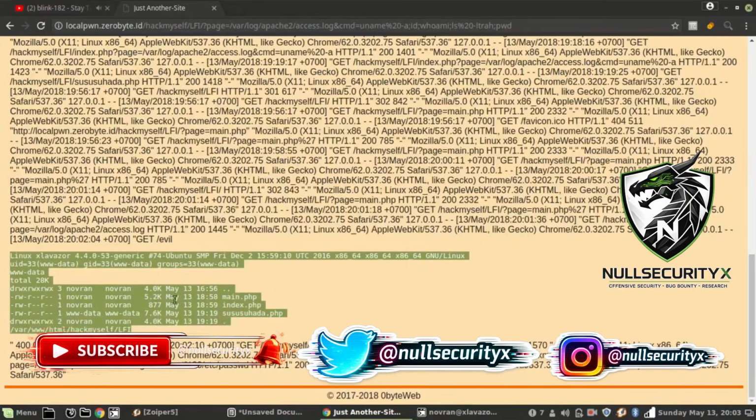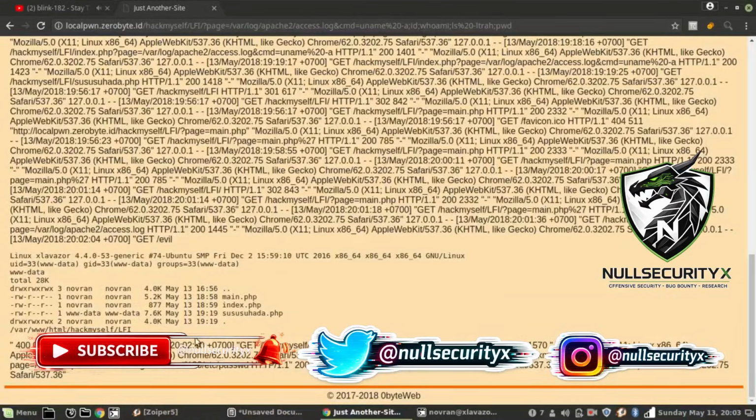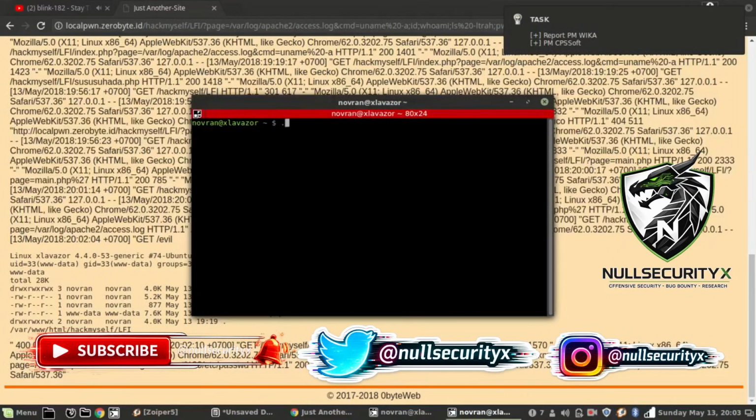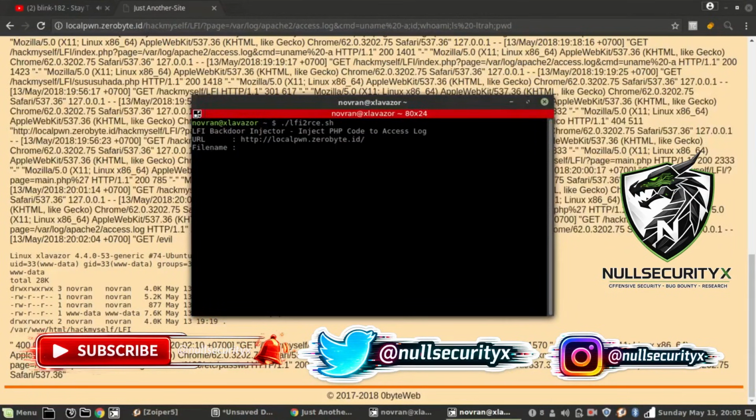Wanting a persistent shell, we fetch a PHP backdoor from Pastebin called b374k shell. Using a helper script named LFI to RCE, we supply the name hacker.php for the new file and the raw Pastebin URL as the source. The script injects the log with code that downloads this backdoor, and when executed via LFI, it writes the file into the web directory. Back in the browser, we run ls -la through the LFI interface and see that hacker.php now exists in